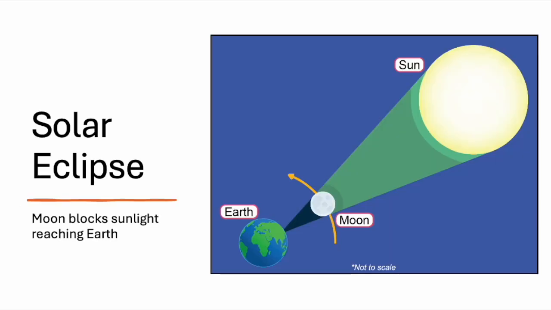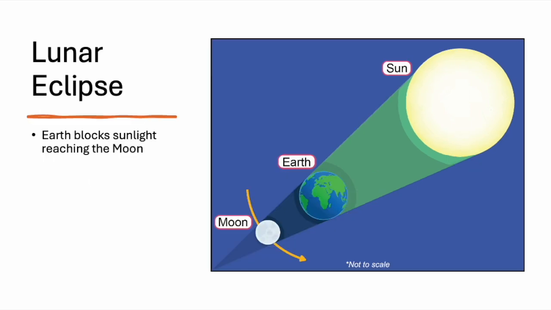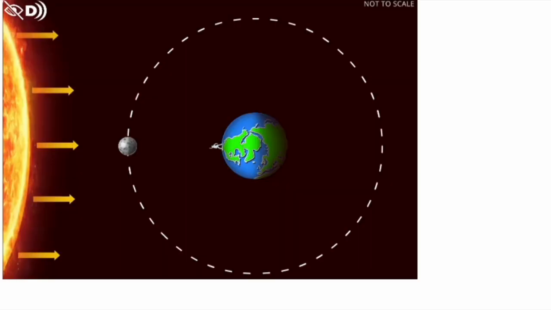A solar eclipse occurs when the moon passes between the sun and Earth, blocking the sun's light as viewed from Earth. A lunar eclipse happens when Earth passes between the sun and the moon, causing the Earth to cast a shadow on the moon. The relative positions of the sun, Earth, and moon are constantly changing, leading to a variety